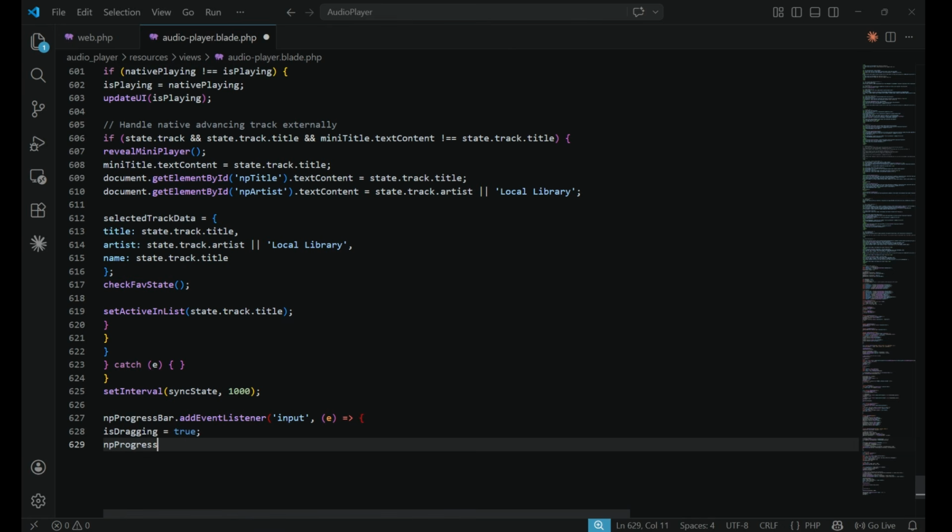And then close this, and then just simple define here the in progress bar,